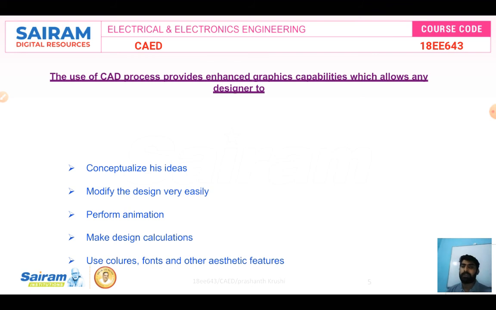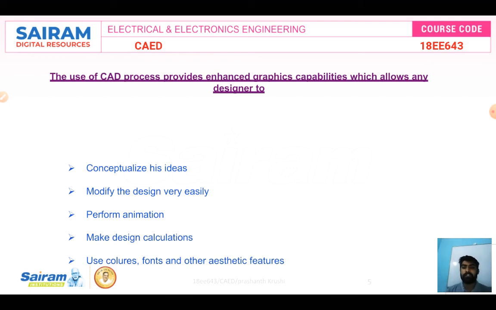The use of CAD provides enhanced graphic capabilities which allow any designer to conceptualize his ideas, that is, he will be accepting the help of AutoCAD. So how exactly is it helpful for sharing your knowledge?